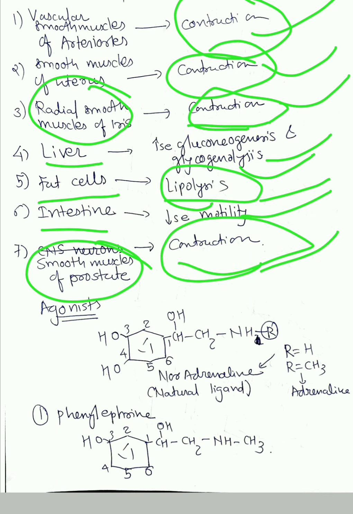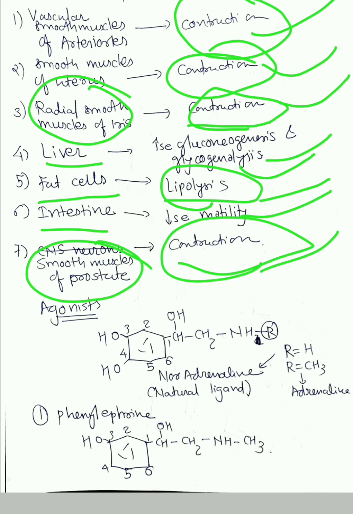Okay, so I guess everywhere it is contraction, and it is basically present in all the smooth muscles, which are smooth muscles present in blood vessels, uterus, prostate glands, iris, that is eyes, eye muscles. So wherever smooth muscles are there, alpha 1 receptors are present, and there it causes contraction. Guys, you need to understand the function of these receptors, because it will help you to know the uses of the agonist and antagonist of alpha 1 receptor.